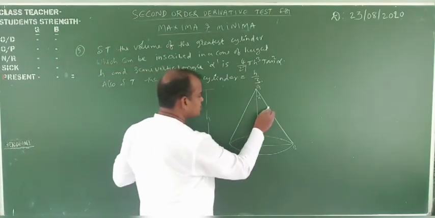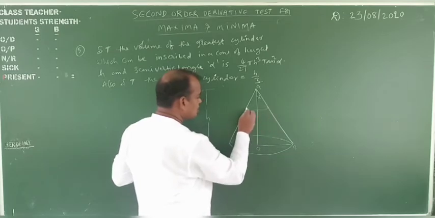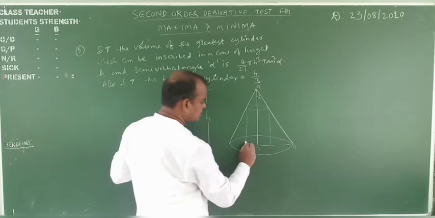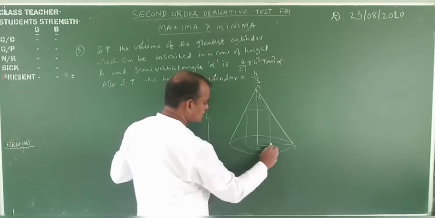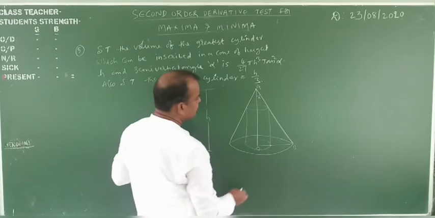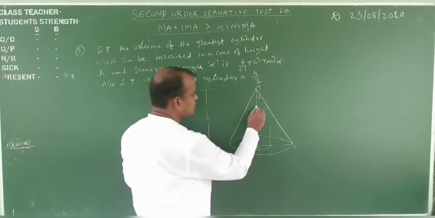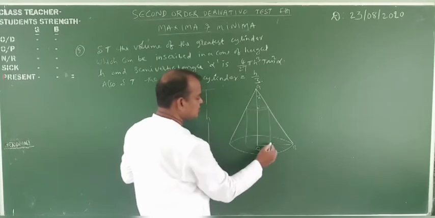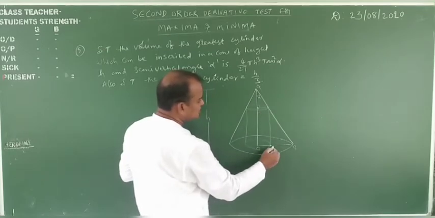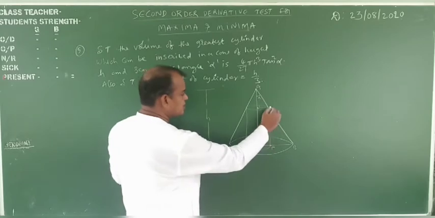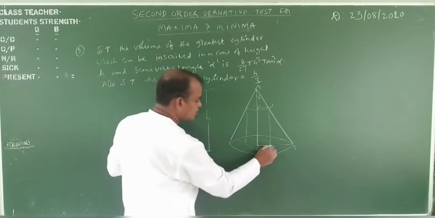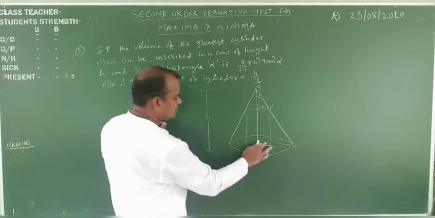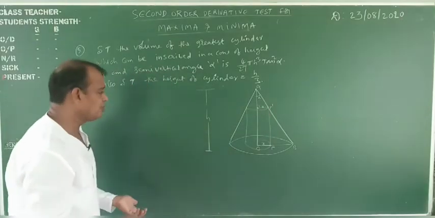Here you will take the cylinder in this way. Suppose this is OA, this is O dash, this is P and this is P dash. Suppose the radius is x, or you can take r, no problem at all. X and r, no problem at all.